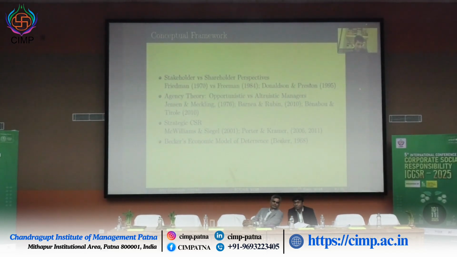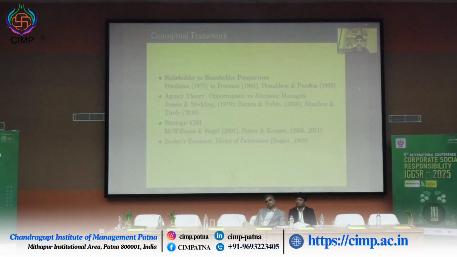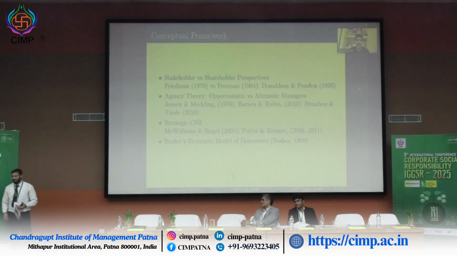But company dynamics are not just driven by stakeholder and shareholder perspectives. There are internal dynamics as well. So we come to agency theory, where the opportunistic and altruistic views argue. The opportunistic view argues that managers will use CSR for their personal benefit, to gain some political influence, to create their own brand in the market, or for political or social benefits for themselves. Whereas the altruistic view argues that CSR is driven more by the altruistic values of a manager, and it can create more